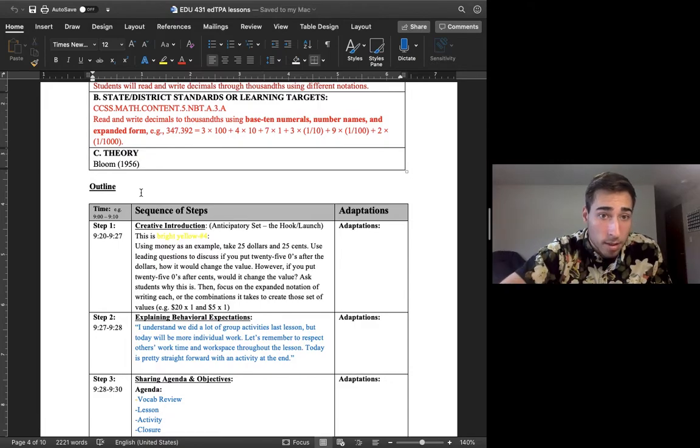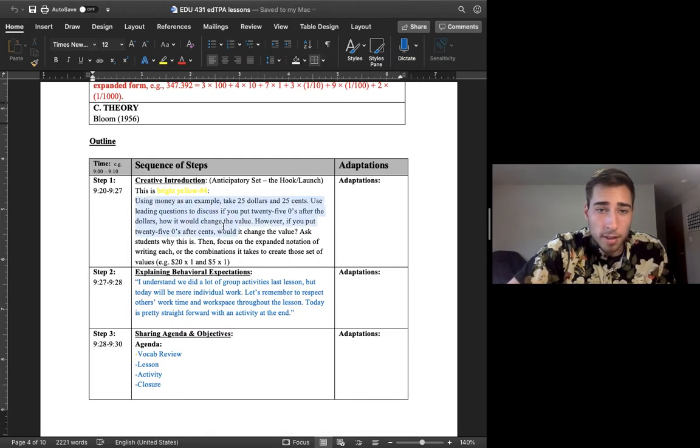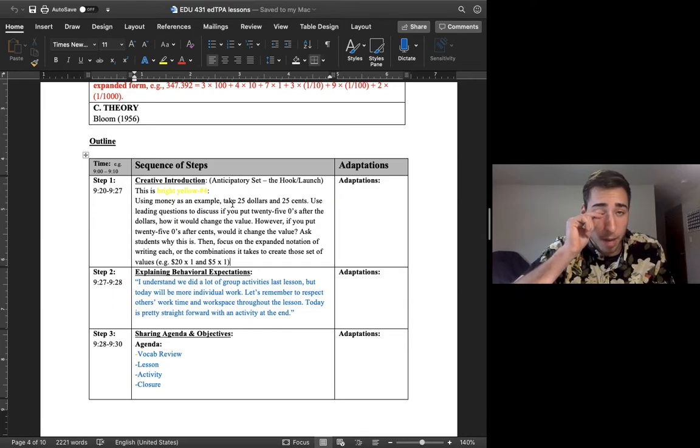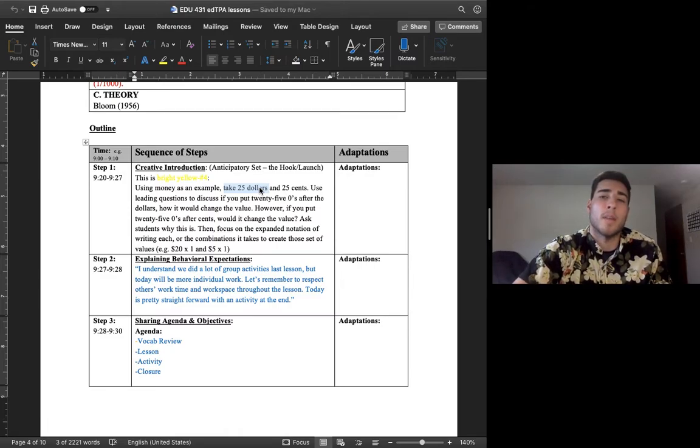So following this is our creative introduction. So again, this is all in bright yellow. I'm trying to make it more applicable to the students and their lives. So we're going to talk about money today, probably the most common time that we talk about decimals. So I'll have $25 written on the board and versus 25 cents. And we're going to talk about why putting 25 zeros or 5 zeros even after $25, so 25,000 or $2,500,000 is different than